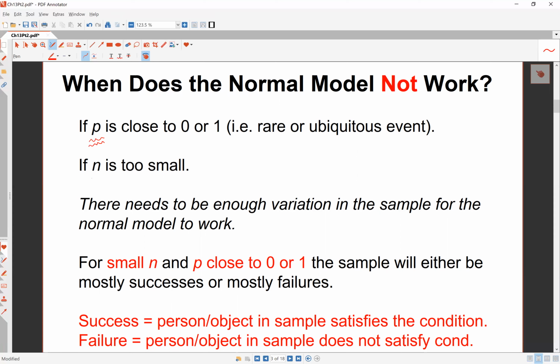Secondly, we need to consider our sample size, n. It's very important that the sample size is not too small. When these two considerations are taken together, they are in combination telling us there needs to be enough variation in a sample and enough variation between different samples before the normal model really is applicable. Because if the sample size n is small, and if p is either very close to 0 or very close to 1, then our sample is going to consist mostly of successes or